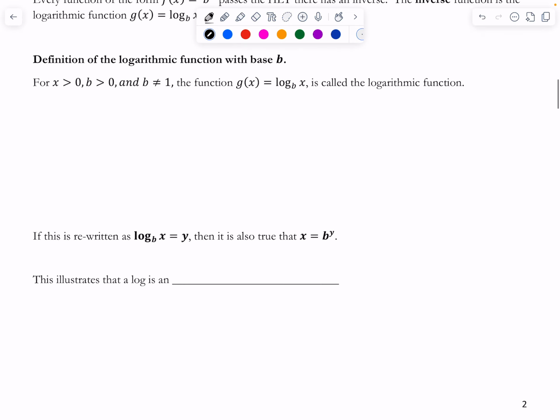So I have the definition of that logarithm function with base b. You'll see the x values are greater than 0. That's why I mentioned they're positive. The base will be greater than 0 and not 1. And this is called the logarithmic function. So log base b of x. All right, and what you can do is rewrite it where you put a y instead of the